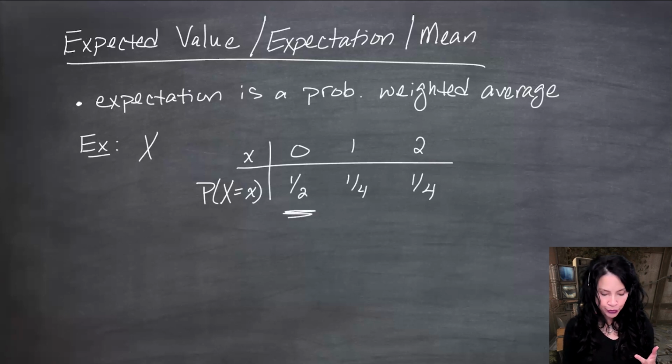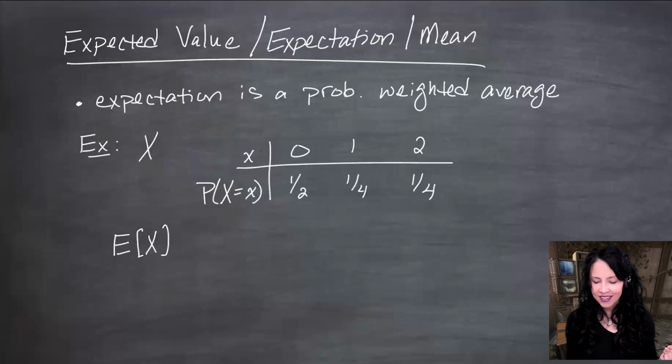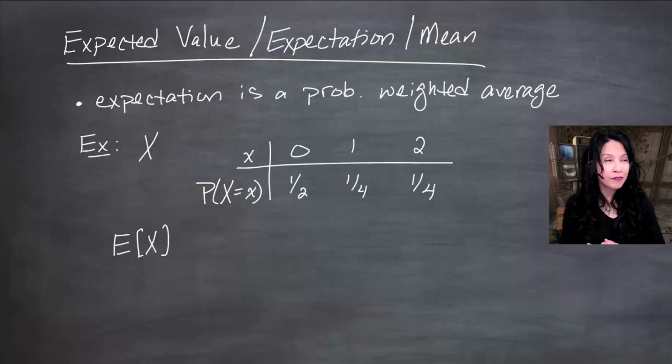I am going to write the expected value for x as a capital E of x, and I am partial to square brackets. You could use parentheses. It's fine. Some journals and books and teachers will not put any brackets or parentheses. I think that's a little hard to read, so I won't be doing that. But I'll be doing this. And if you use your own notation, as long as it has some sense to it, that's fine.